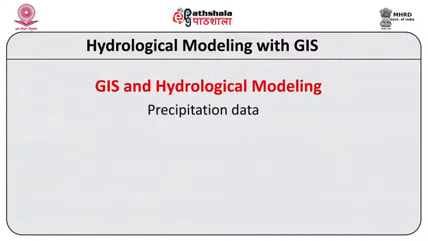So, if you are considering a hydrological water balance model, you will understand that you need at least the precipitation data in that region. You will need the land use land cover of the region. You might also need the soil data. I am not going into the specifics of the water balance because that's related to more of hydrology. I will be showing you here how you can use GIS to incorporate these already available data sets and what you can get out of this.